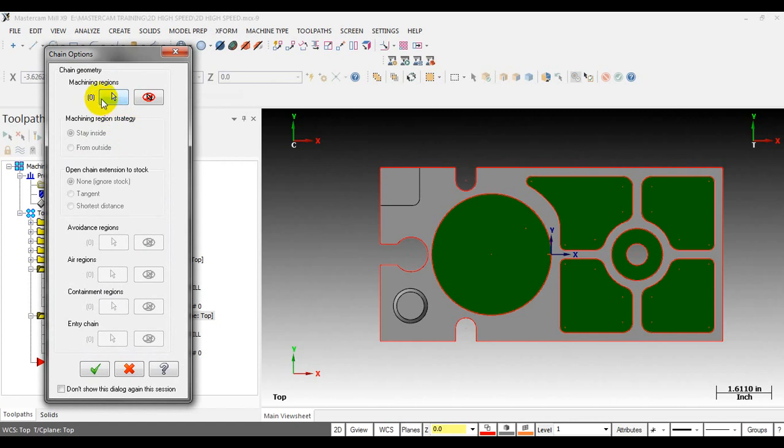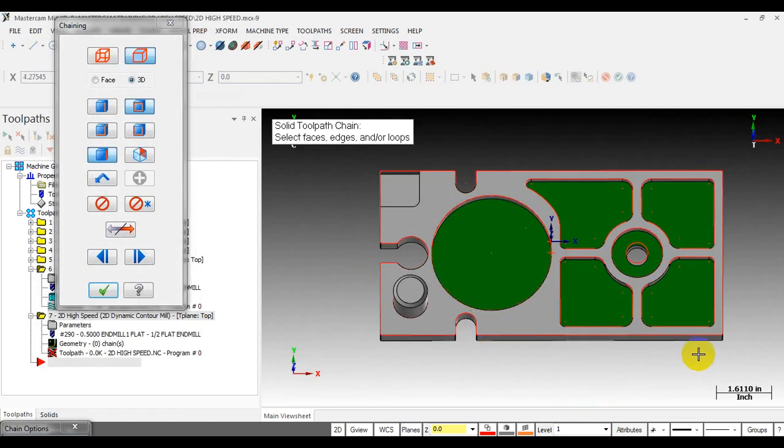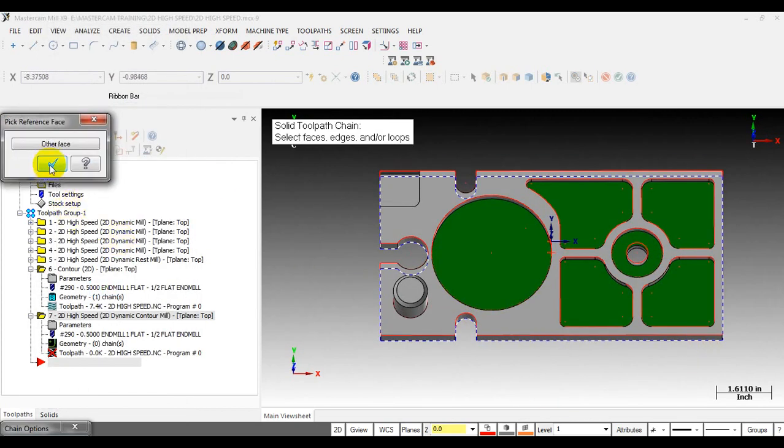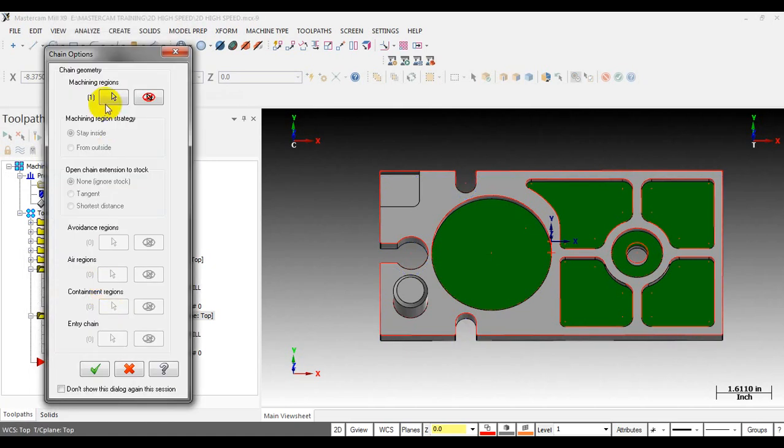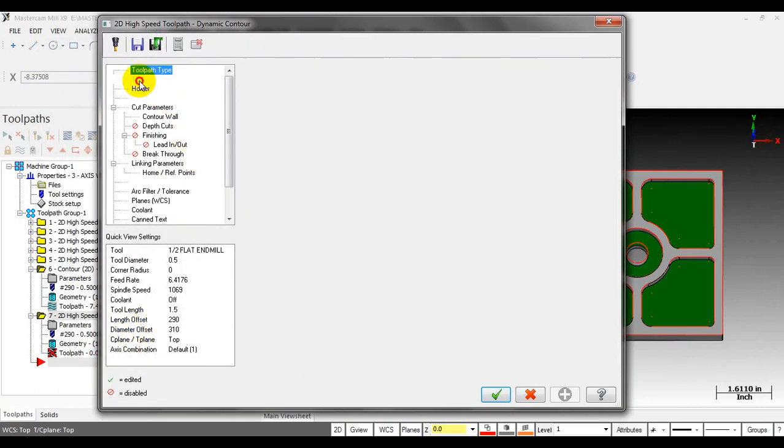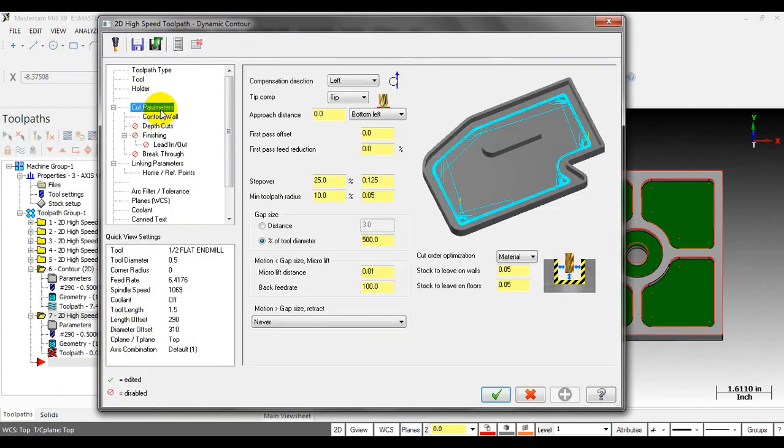For the dynamic contour, you just need to select the contour you want to machine. Okay, you select this, and you can see with the dynamic contour there will be no stay inside and from outside option, just machine region. That's our contour. Alright, I will select tool and